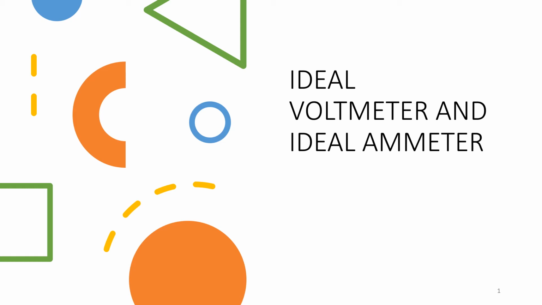Now, let us see what an ideal voltmeter is, what an ideal ammeter is. So basically, a voltmeter or an ammeter uses the principle of the PMMC, that is the D'Arsonval movement. An ideal voltmeter is one which can be characterized by